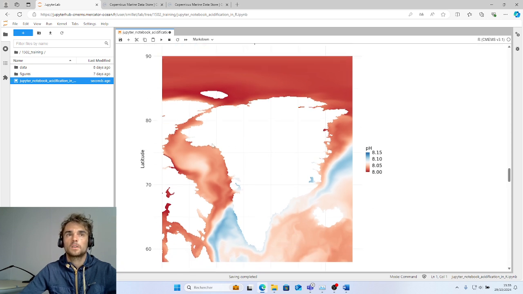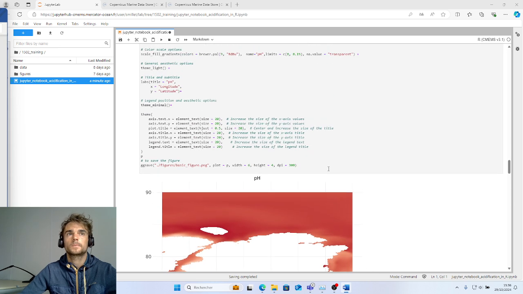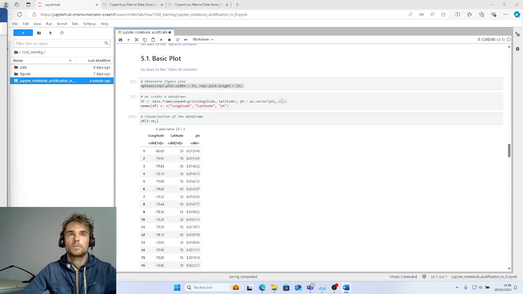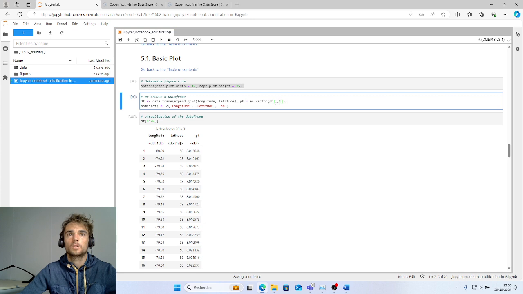There is an area where the pH is low, so the water is more acidic than here. The plot is only for one time step, which we defined in the data frame here, because there is all longitude, all latitude, and the first time step.